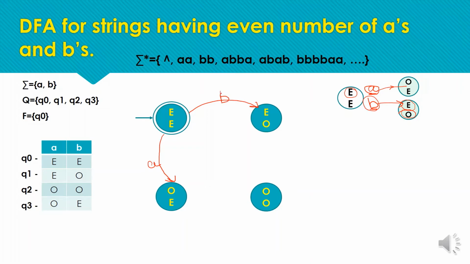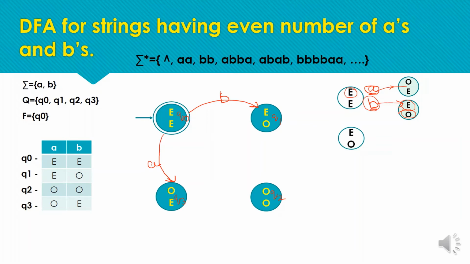Okay, considering the next state as a second state with an even number of A's and an odd number of B's. Remember one thing, this state is equivalent to Q0. Okay, in the exam we have to name the states: this is Q0, this is Q1, this state is Q2, and this state is Q3. And we have to check the transition from each and every state on getting the next input symbol.